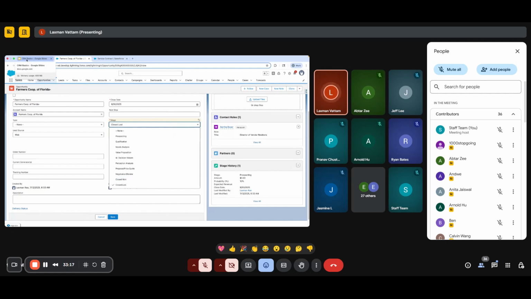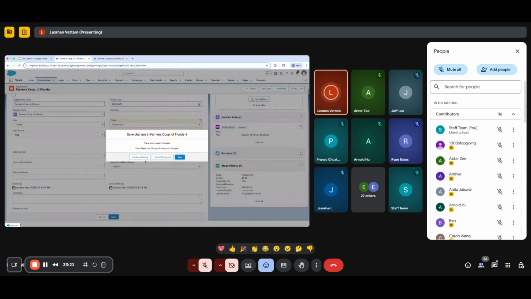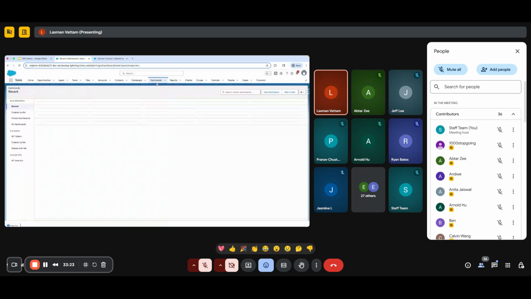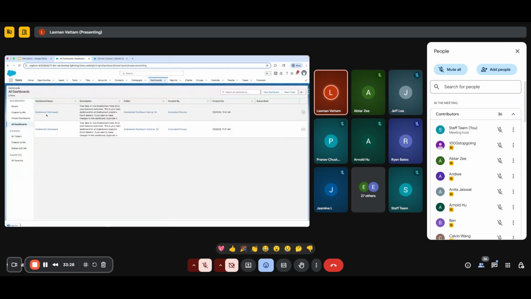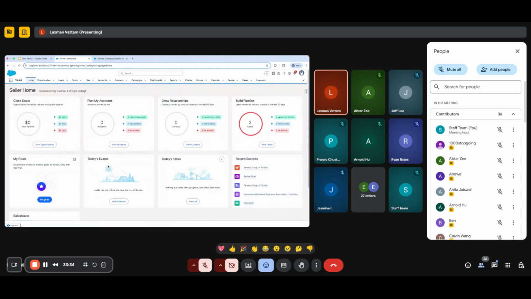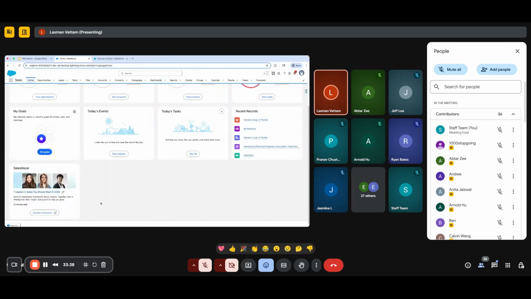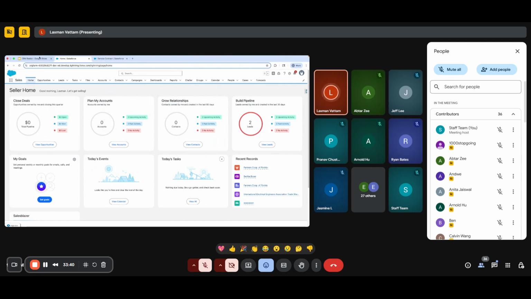So this is the typical sales process, and you might also leverage analytics and dashboards. Again, I may have some out of the box. Okay, I don't have a dashboard, sorry. But I think we can move on to the